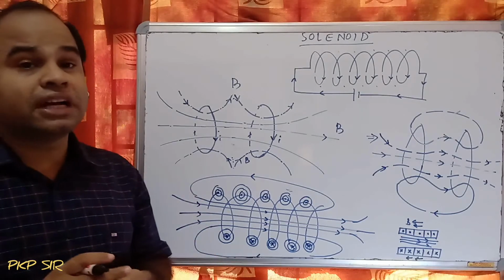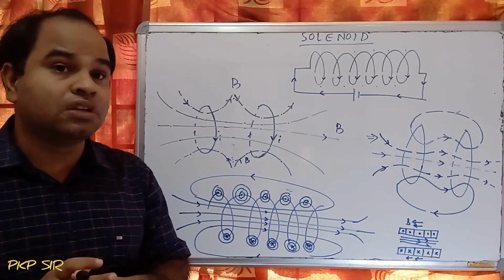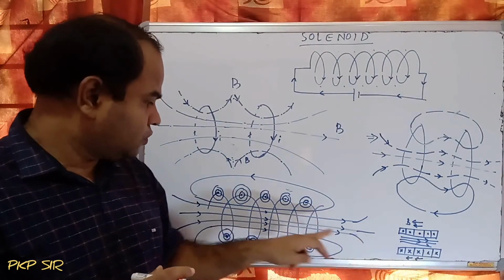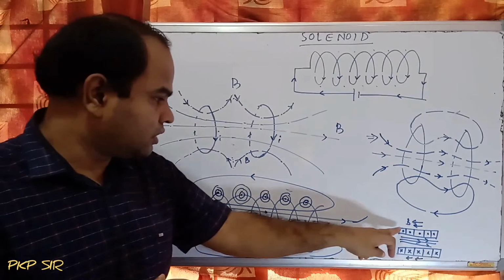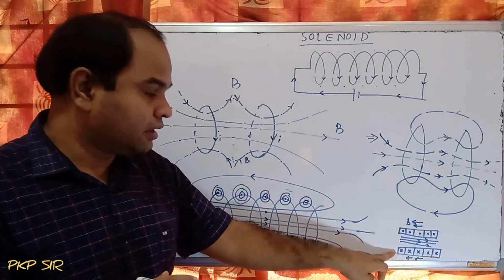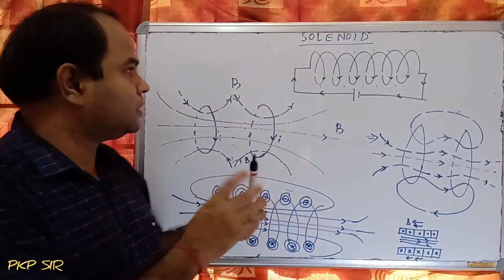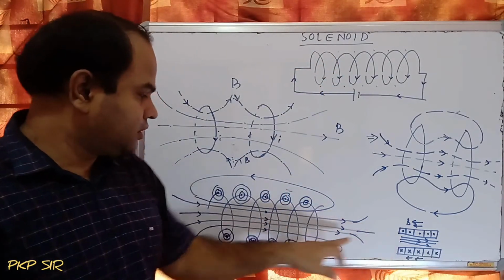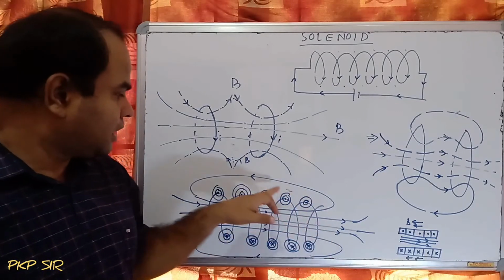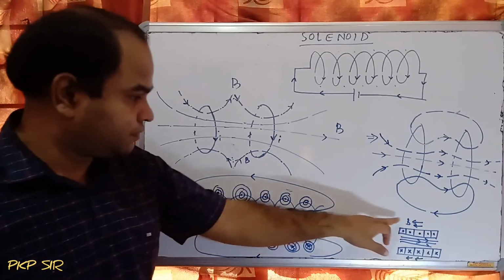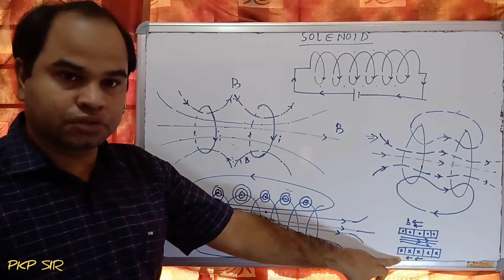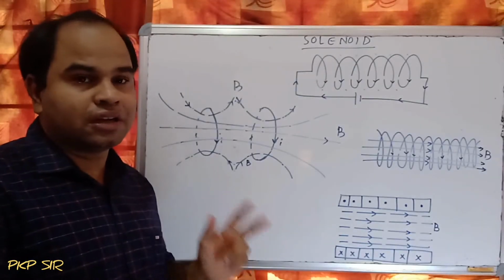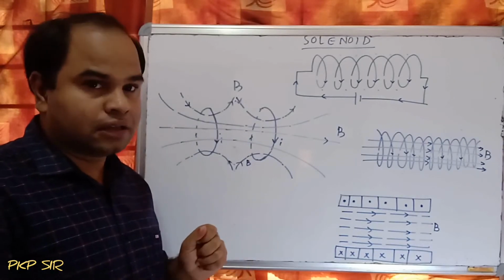If the wires of the solenoid are loosely wound, this is the sectional view. The currents are inward, outward, and this is inward here. And the magnetic field is straight just like this, and outside it is in this direction. Again I am saying, when the two circular conductors carrying current are very close to each other,